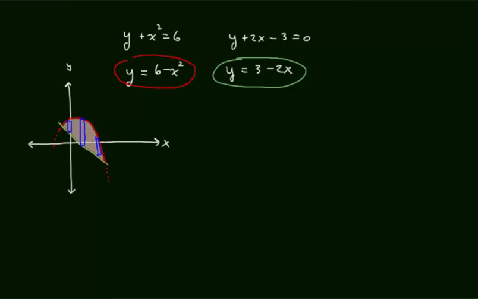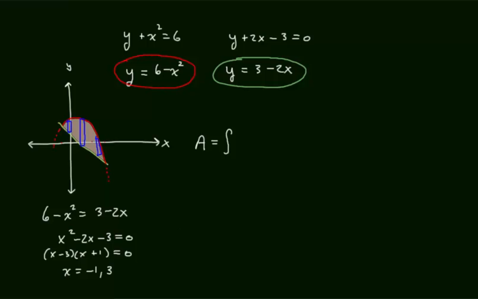Tells me top and bottom of the respective rectangles. So now our area is from the first rectangle at, we got to figure out what that is. So I'm going to set 6 minus x squared equal to 3 minus 2x. Found here. So from the first rectangle, which occurs at x equals -1, to the last rectangle, which occurs at